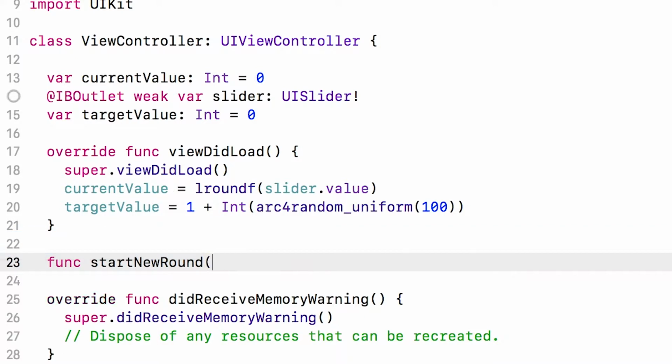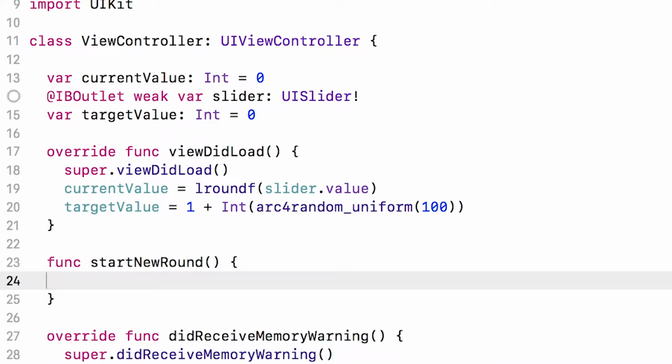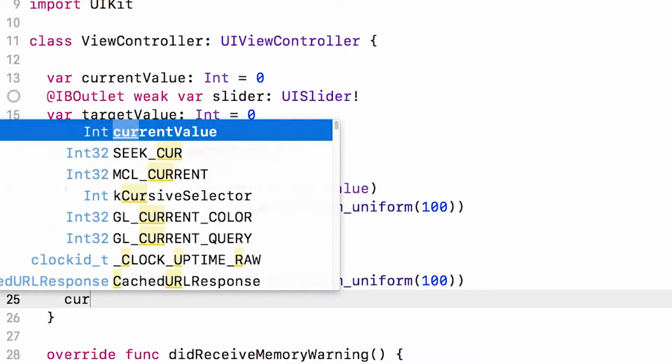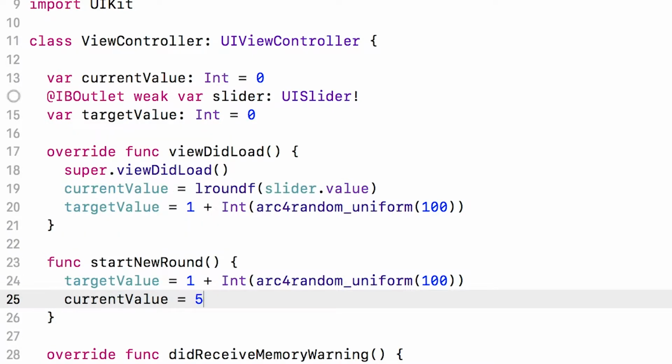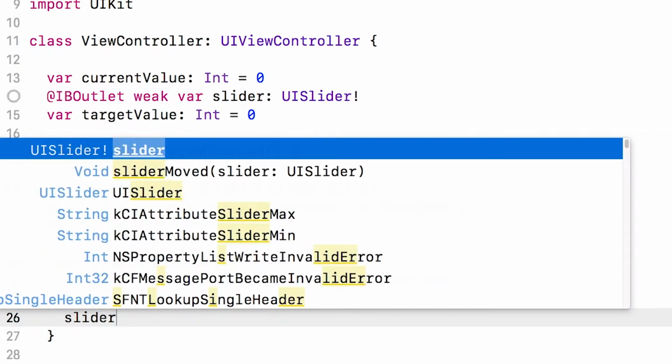Then we put in two parentheses, it doesn't take any parameters, and an opening curly brace and a closed curly brace. Inside here, we put any instructions we want to execute to start a new round one at a time. The first thing we'll do is copy this line of code that we added earlier to set the target value. And now we'll set the current value equal to 50, and we'll set the slider's value